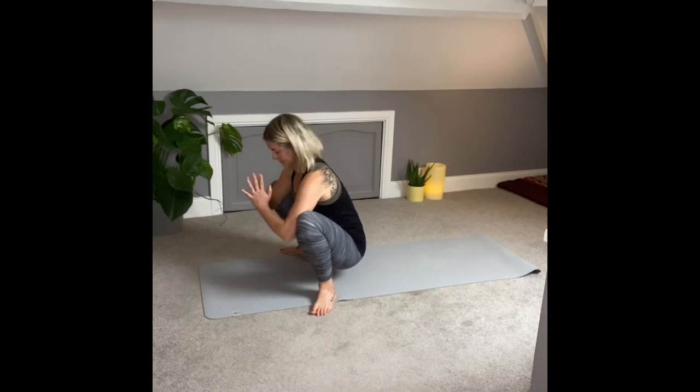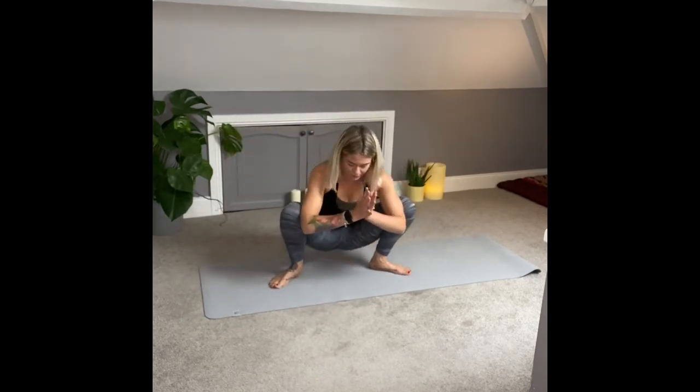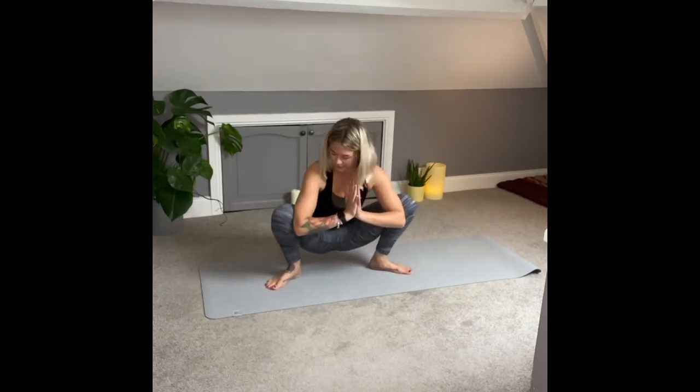or something under there. I'll just turn this way so you can see me, but wherever you are, rooting down through what is grounded. Bring the hands together at the heart center, elbows in the nooks of the inner knees, lifting through that chest and close the eyes, breathe in deeply. Lovely. Keeping that right elbow glued in,